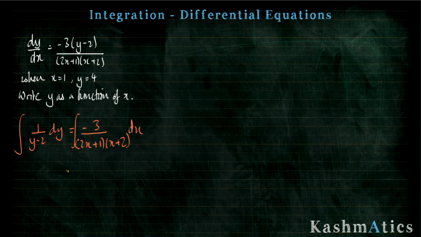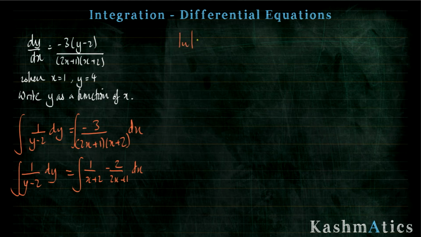The result I get for the right hand side when I split it into partial fractions is the integral of 1 over x plus 2 take away 2 over 2x plus 1 dx, and the left hand side is just as it is, so 1 over y minus 2 dy. Okay, so now I'm in a position where I can actually integrate these. The left hand side becomes the natural log of y minus 2, and the right hand side becomes the natural log of x plus 2 take away 2 ln of 2x plus 1 over 2, so these two cancel out, plus,